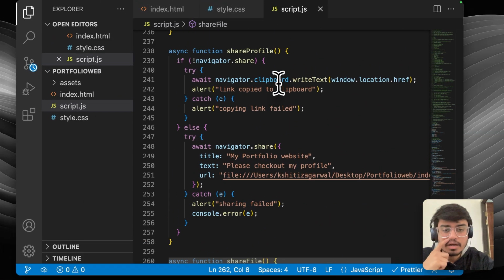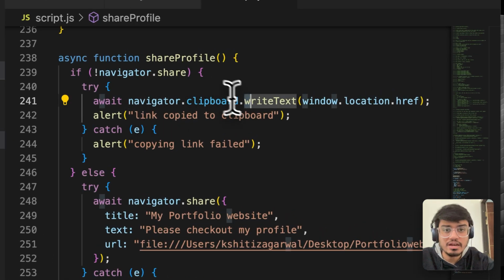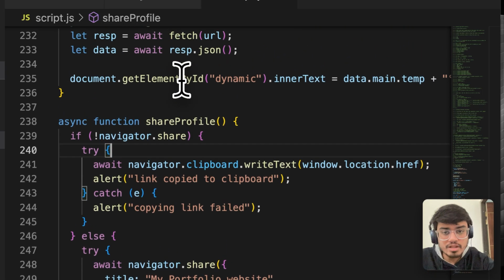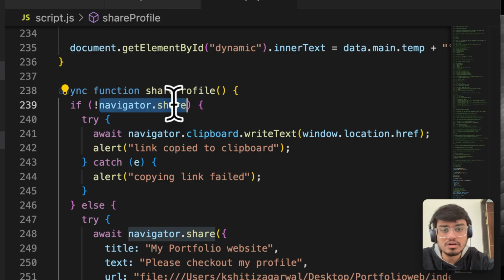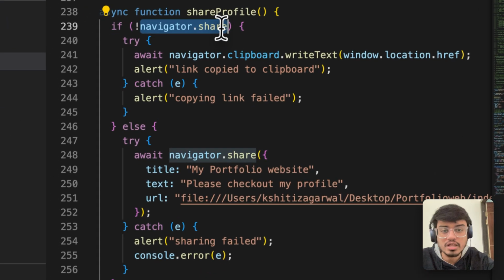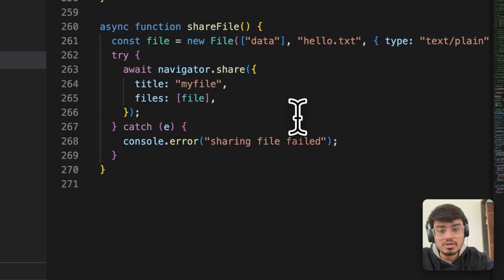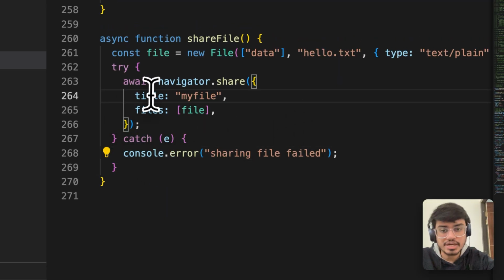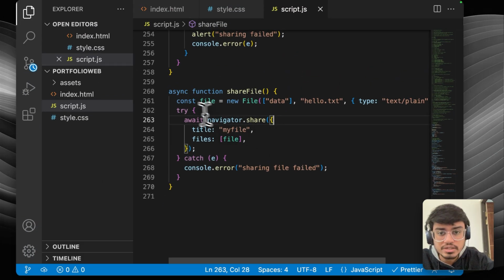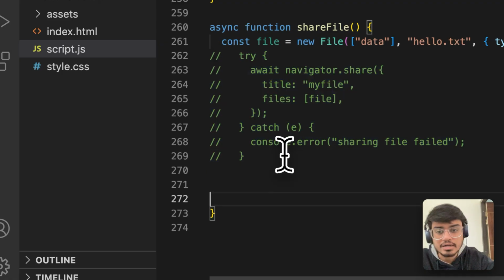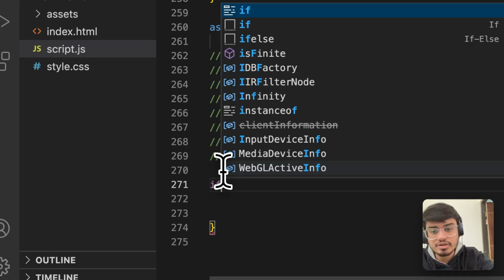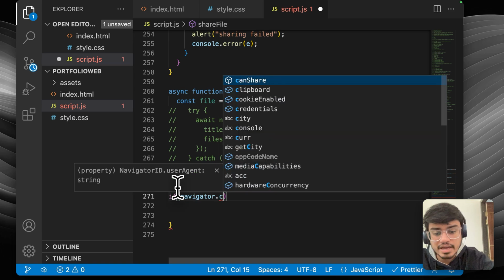In case of a simple URL or text, we were simply checking it by using navigator.share. So this was the function to check if sharing is allowed or not. Now if you wish to check this for file sharing, what you have to do is, let's quickly comment it out, and simply write a function over here: if navigator.canShare